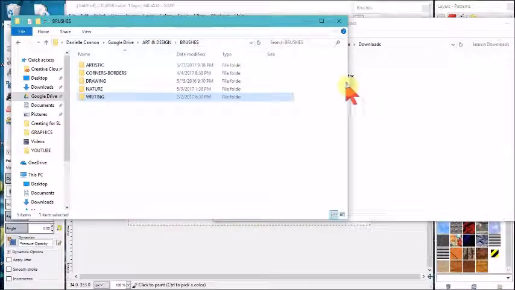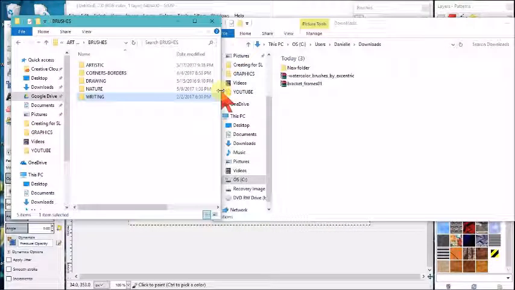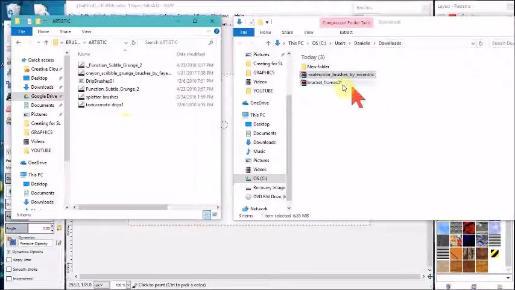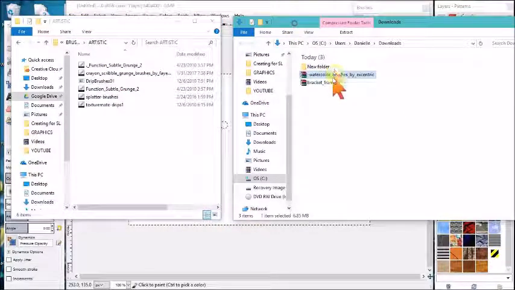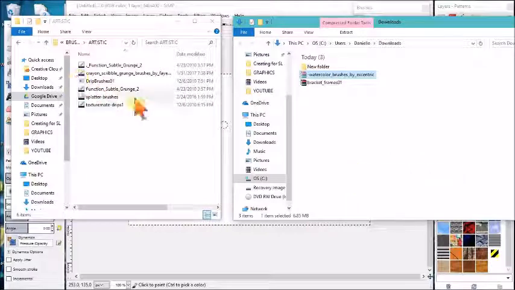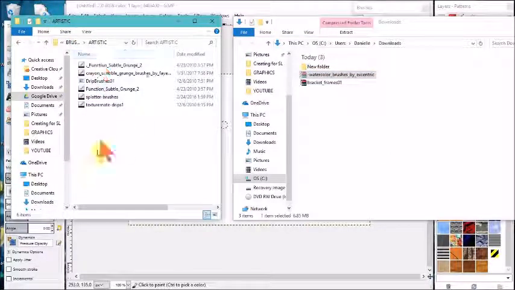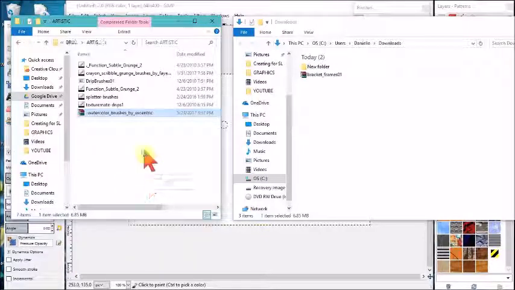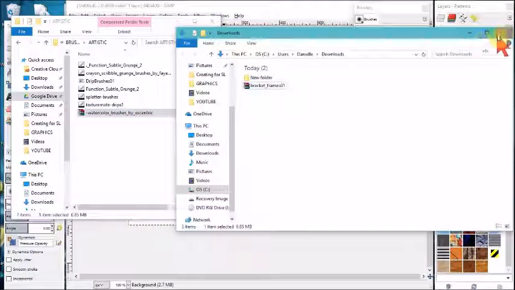my artistic folder, and I want to open that, and I want to go over here to my downloads folder, and I want to right click the zip file, watercolor brushes, and I'm going to click cut, and I'm going to come over here to my brushes folder where I want to drop it and click paste. Right click and click paste. So now I have it where I want it, and now I'm going to get rid of my downloads window,